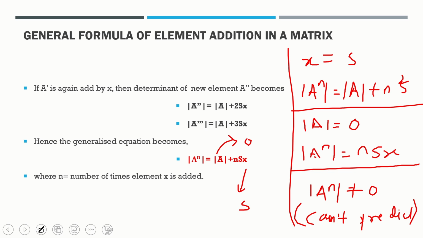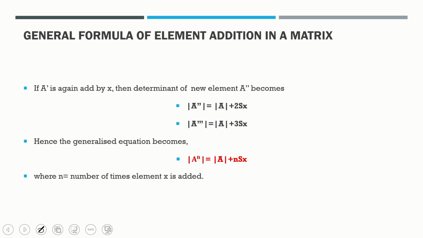If a power n becomes 0, then definitely the first one must be 0. If the first one is 0, then only a power n becomes 0. Okay,